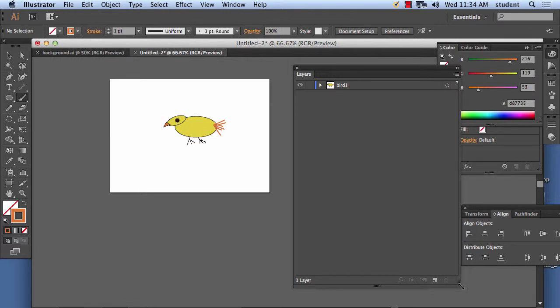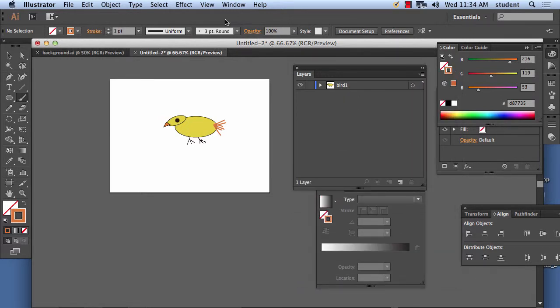To duplicate in the layer window, if you don't see the layer window, of course, it's under Window, Layers. I have one bird under my layer. To duplicate it, an easy way to do it is to grab the layer itself and drag it into the new layer box right here, and it will duplicate it. And we'll call it bird 1 copy, and we'll call that bird 2 if we want. Bird 2. Again, how you duplicate a layer is you grab the layer itself, and next to the trash can in the layer window,